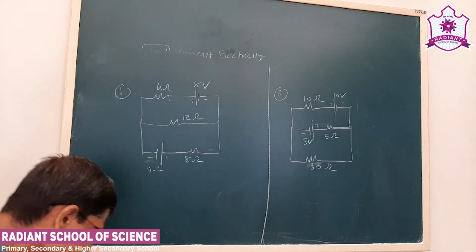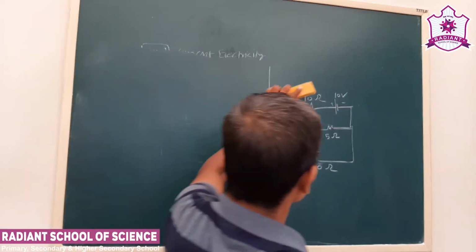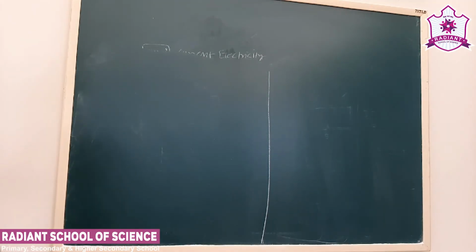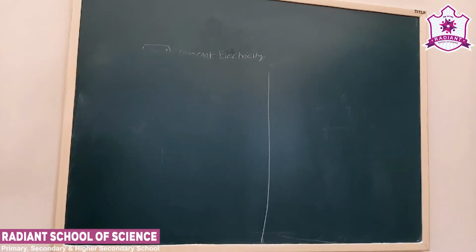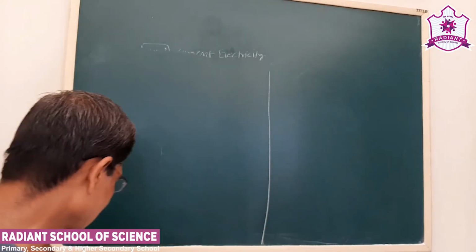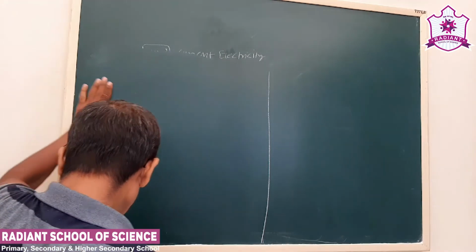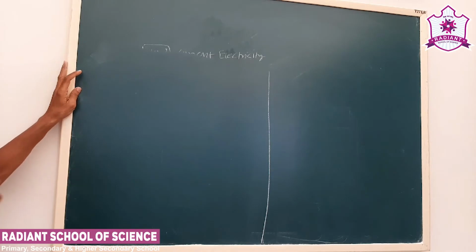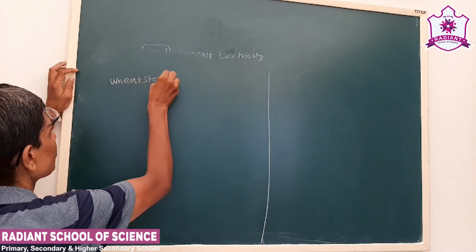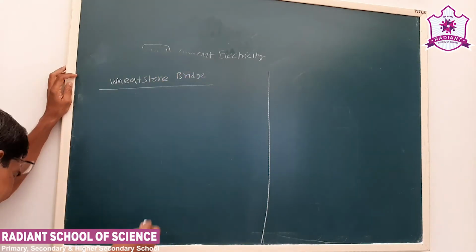Now see, next we have to see about the Wheatstone bridge. Wheatstone bridge is a very simple electrical circuit. You will have an experiment for the Wheatstone bridge in the laboratory also, where you will have a practical view. It is used to find out the value of an unknown resistor. There are 4 resistors and a galvanometer. So our next topic is the Wheatstone bridge. It is a special type of network.